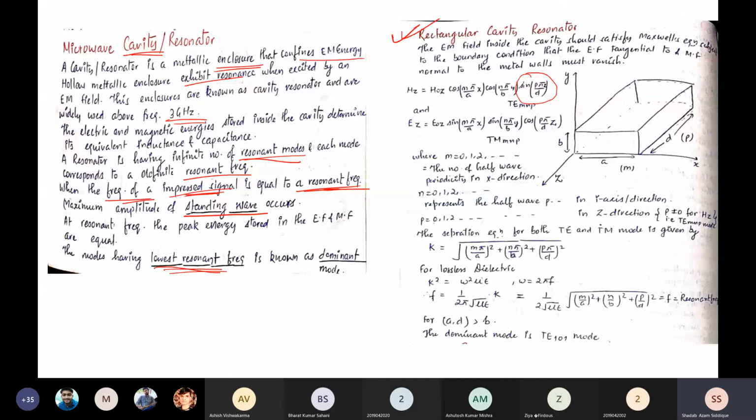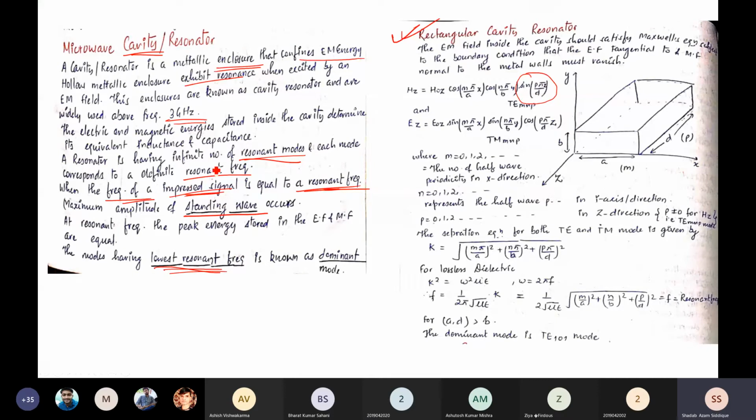We have directly written the magnetic field component as well as the electric field component in the Z direction. We can write for all the directions as well, because we don't have only the Z component. We have X component, Y component, all the electric field and magnetic field, a total of 6 components. We can go through that also, but we have written it this way for simplification. So just a simple representation like Hz and Ez is shown here.